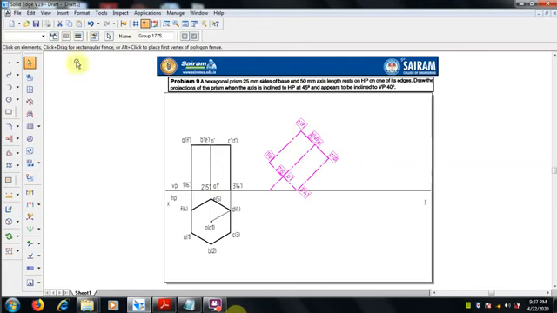Go for center line. This is a center line. Since it is fully grouped, it will get changed. Okay, fine.